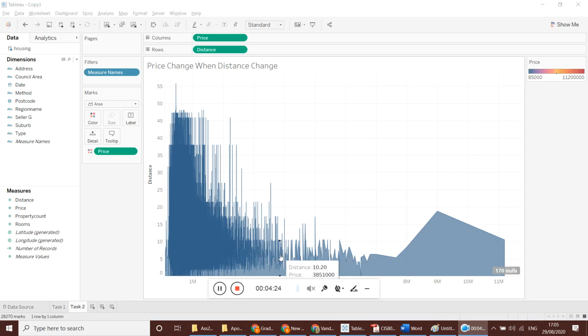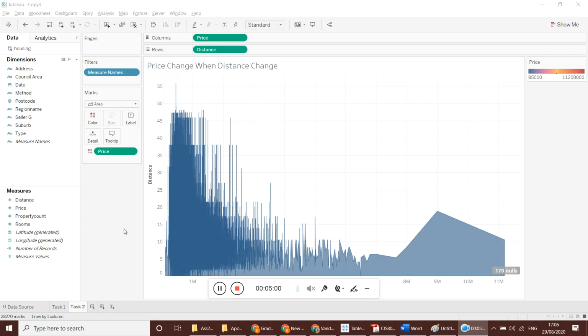Again, one more thing, guys. I want you to explain how the graph is created, how the analysis is created. We say that when price is taken on columns and distance is taken on rows, this graph can be generated. On the x-axis, the distance value was taken. Another way of explaining it is that on the x-axis price is taken, and on the y-axis distance is taken. Then it is possible to establish a relationship between price and distance.